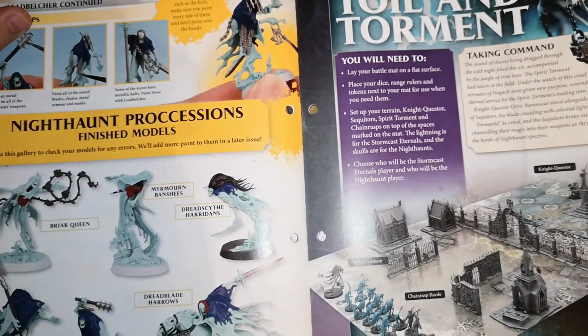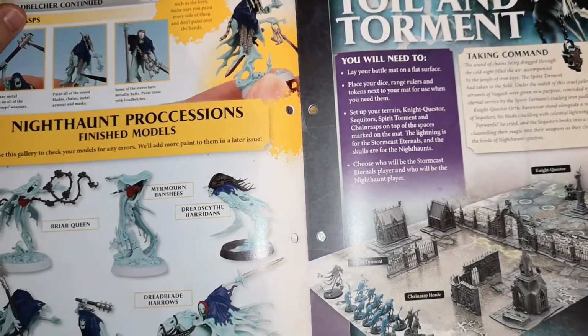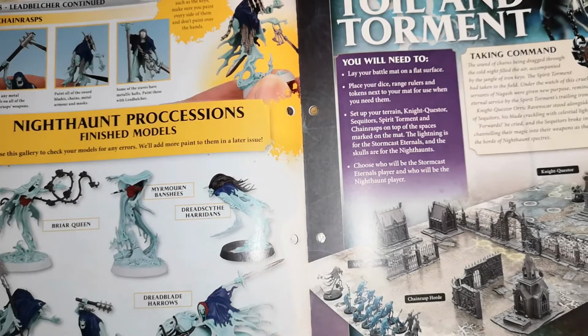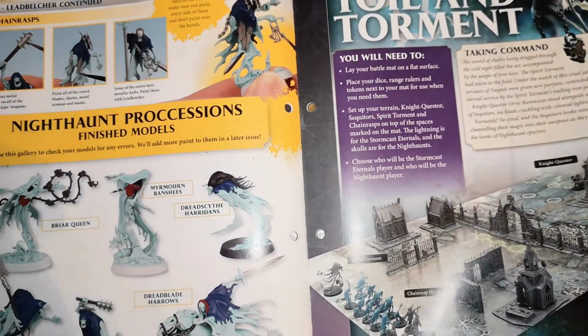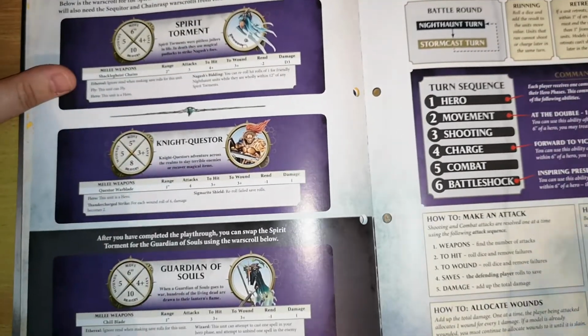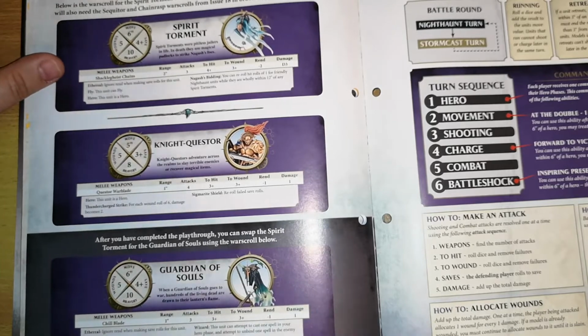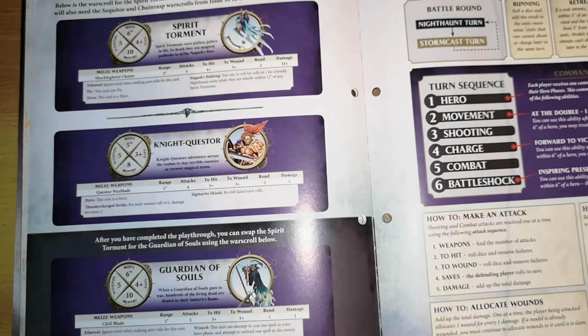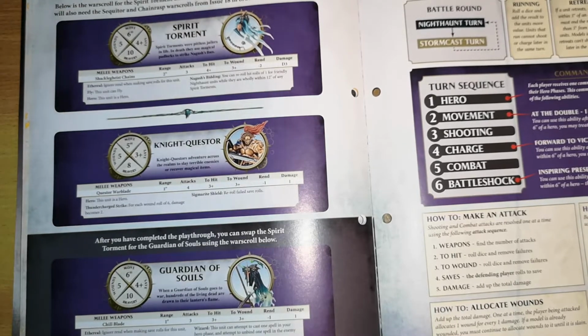So the battle plan is Toil and Torment. What you're going to need is a Knight of Shrouds, Sequitors, only 5 Sequitors to be precise, Spirit Torment, Chainrasps, and they have actually put in the main part Guardian of Souls, so you can swap the Spirit Torment for the Guardian of Souls with that War Scroll if you wish to when you've finished it. So if you use the Spirit Torment, you have the ability of Nagash's Bidding, which lets you re-roll hit rolls of 1 for friendly Nighthaunt units while they are wholly within 12 inches of any Spirit Torments. So if you have multiple Spirit Torments, you can use multiple of them, and you can re-roll if you only hit 1